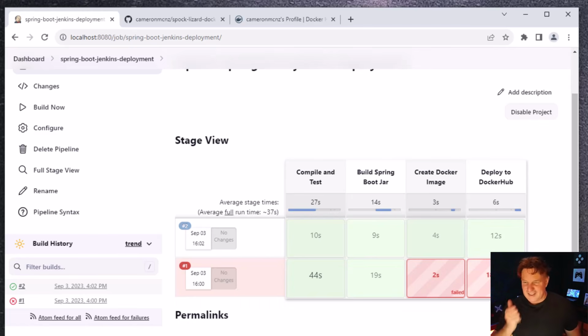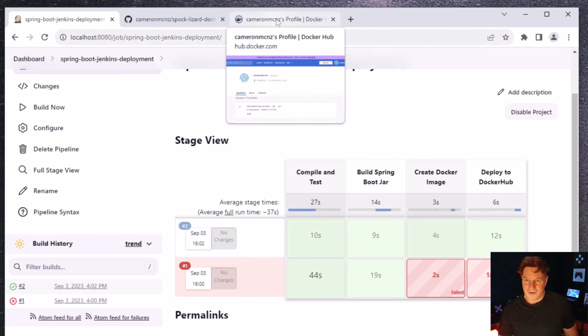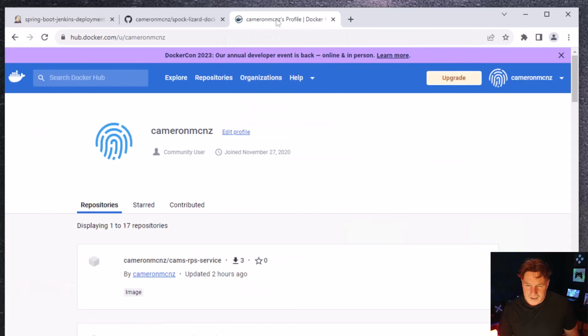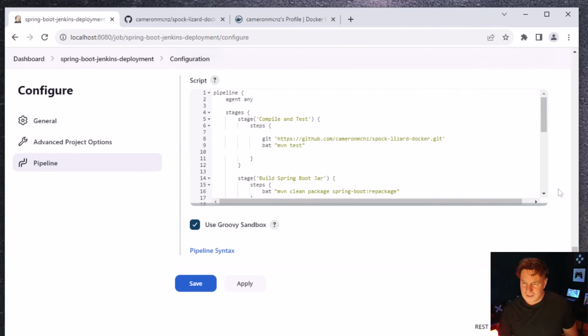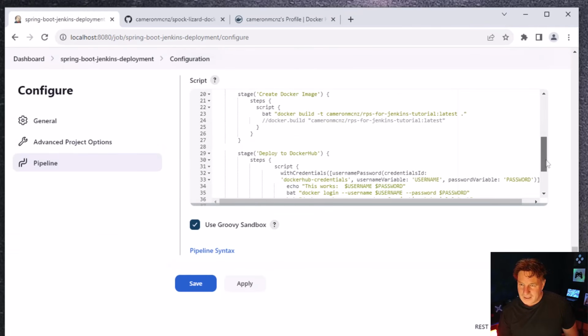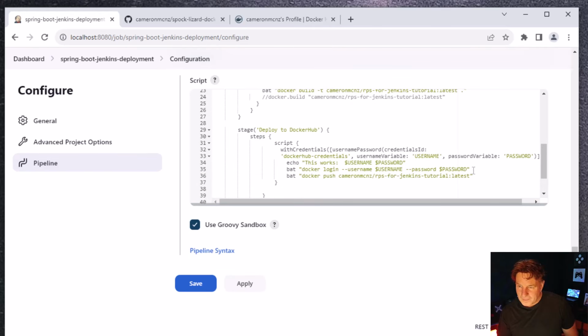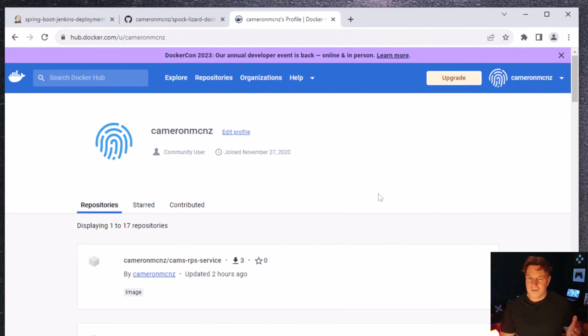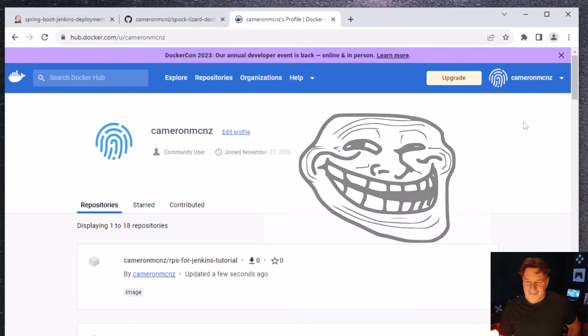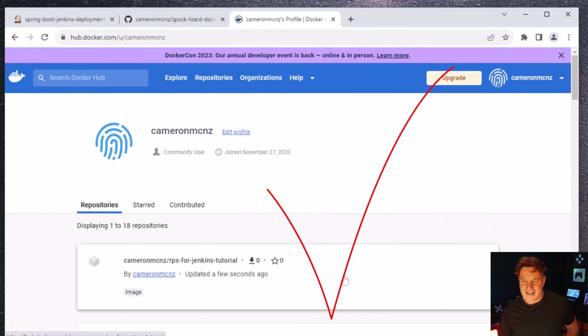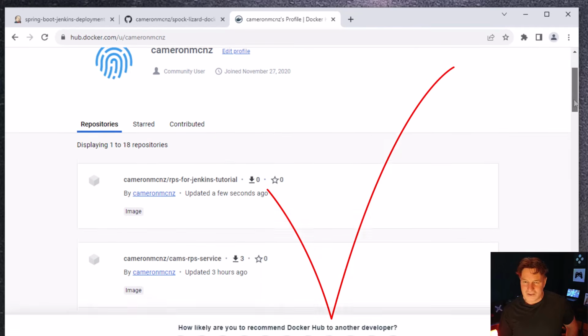And yes, it says that it succeeded, but the proof is in the plum pudding. So let's go over here to my Docker Hub account. And oh no, that's not what we named it. Over here in the configuration, when we said to push that image up, we actually gave it the name RPS for Jenkins tutorial latest. And look at that, it's not up there. I'm just joking, I didn't refresh. There we go, we do a little refresh on Docker Hub, and boom,